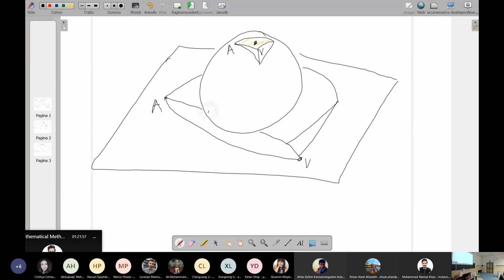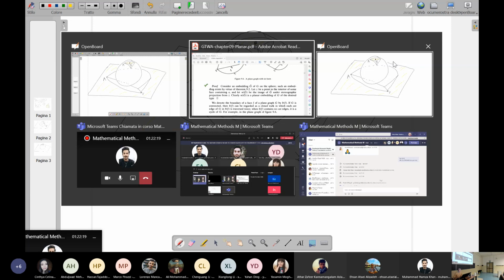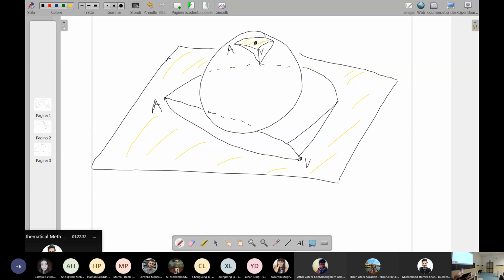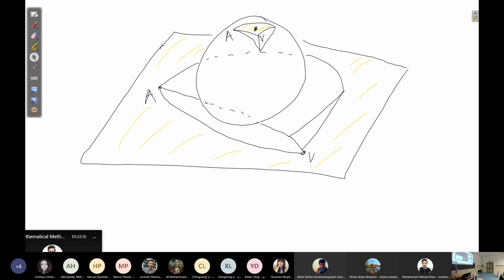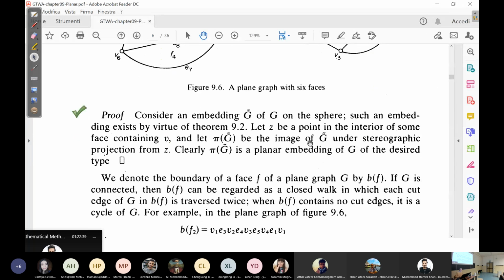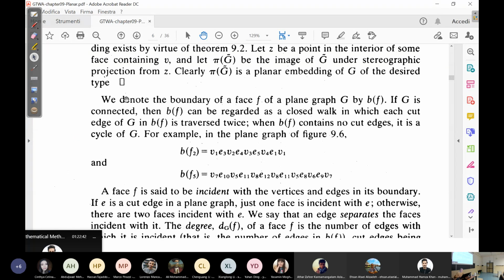Okay, so V now is on the exterior face. All right, okay, now